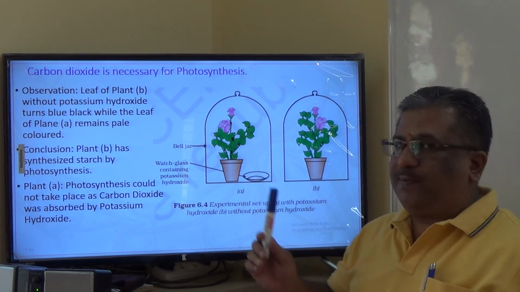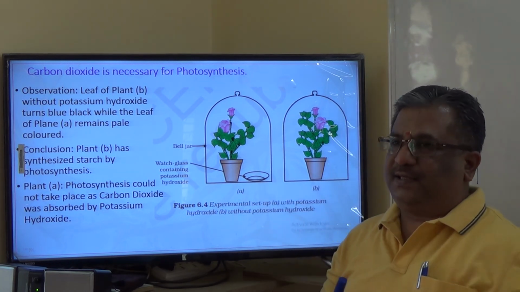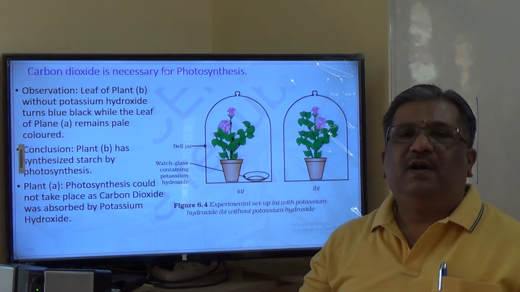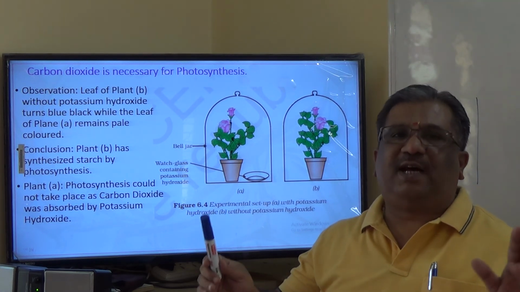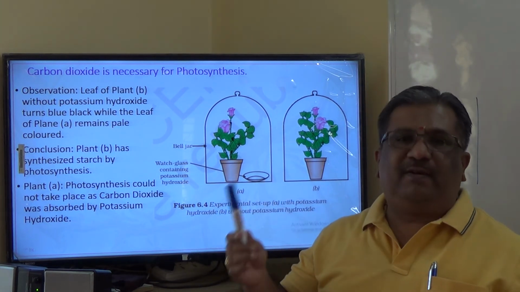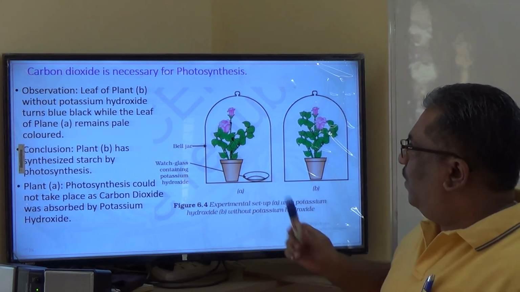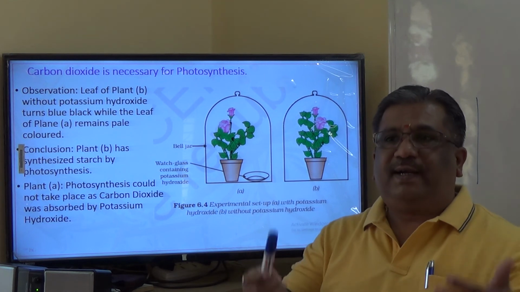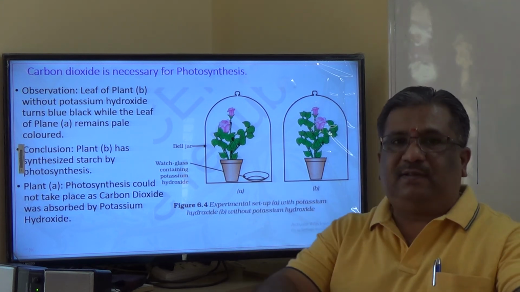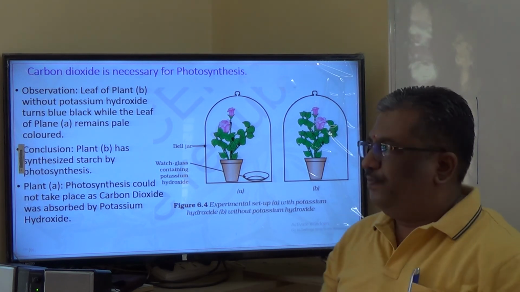take two potted plants. First keep them in a dark room for about 3 to 4 days. What happens? The entire stored starch will be utilized by the plant and no more starch is present in it. After taking them out from the dark room, bring them outside and place the two potted plants on a glass sheet.